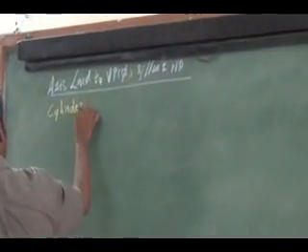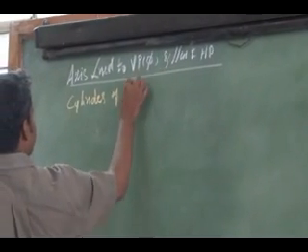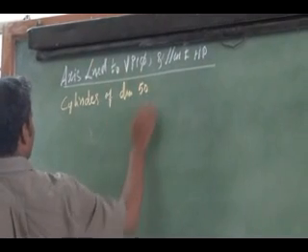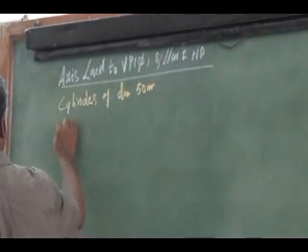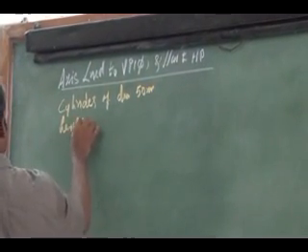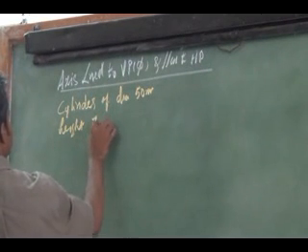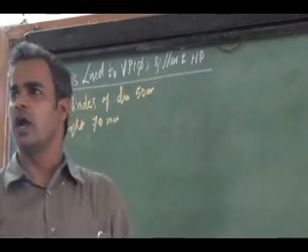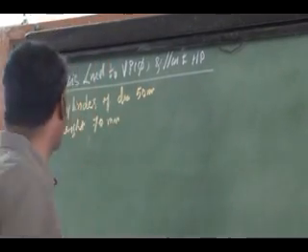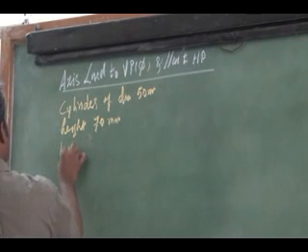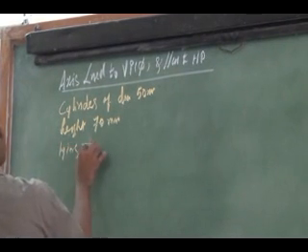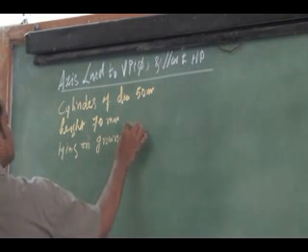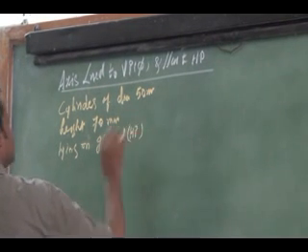A cylinder of diameter 50 mm, height 70 mm, is lying on the ground. Ground is nothing but my HP. It is lying on the ground